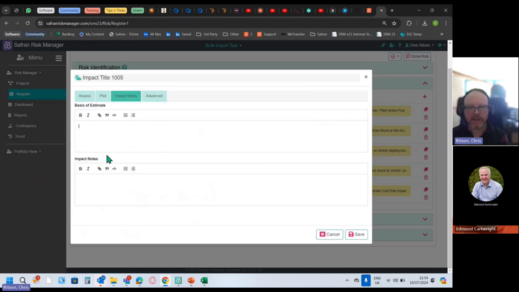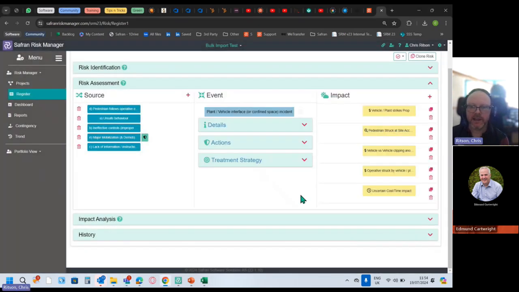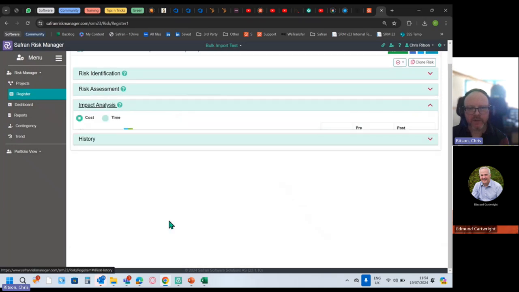But you can provide a basis of estimate or impact notes to justify why you think this is a medium impact, not a high impact, or why you think it's precisely 17 days impact with a plus or minus number of days on that. You can provide some justifications there. And then these relate back to a feature in Safran Risk as well, to help you with your superior or more advanced modeling. And then once you've done all those things,